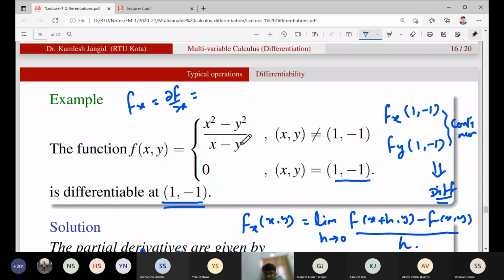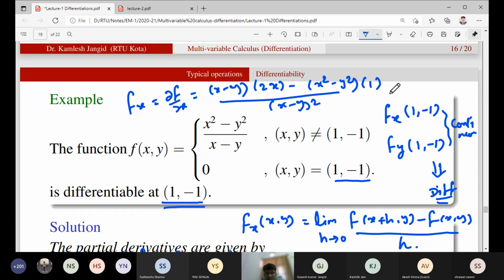If you apply the denominator rule, after simplification, this is (x minus y)(2x minus x square minus y square plus 1) divided by (x minus 1) square. So if we simplify, then we get (x minus y) square divided by (x minus